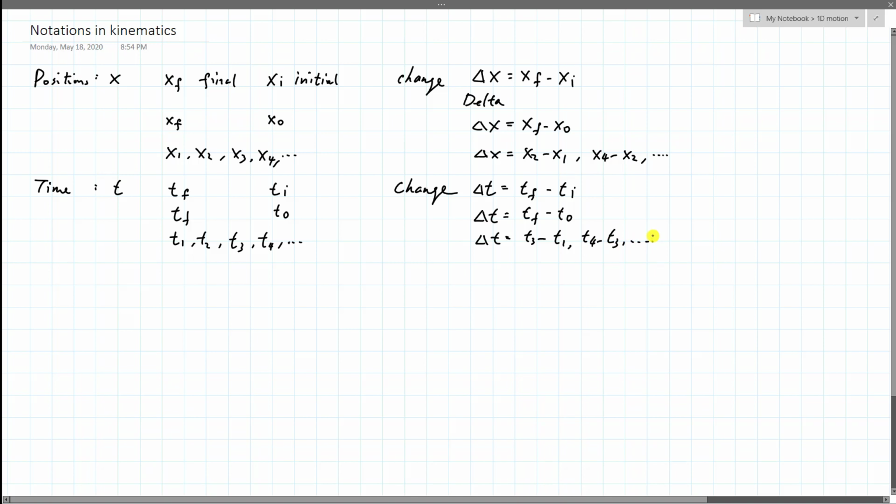So as long as you understand these all mean the same, that one of the times is a final time and the other one is an initial time, and make sure the right sequence is followed. The final time is greater than the initial time. So that's for time. And for velocity,